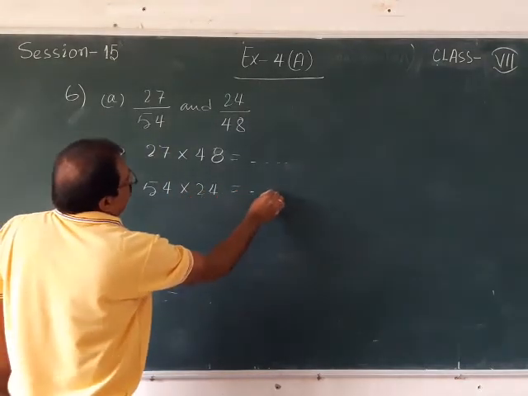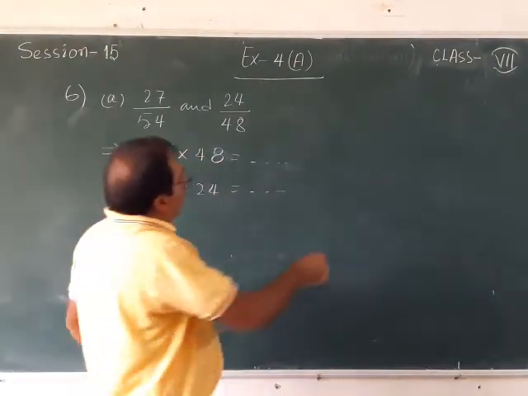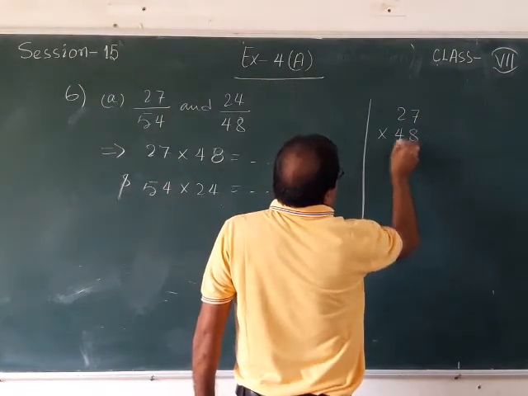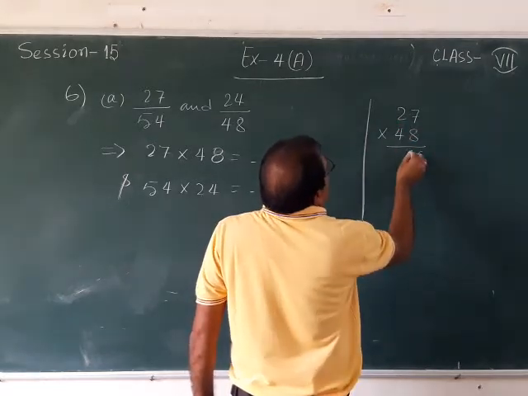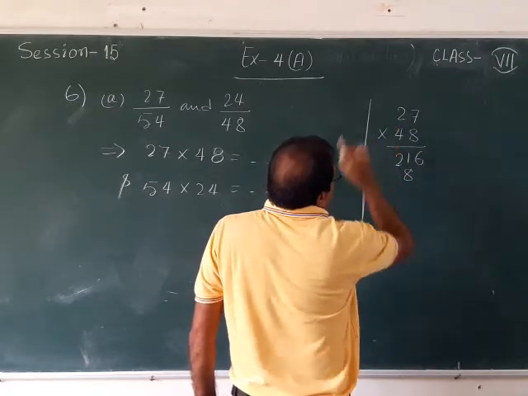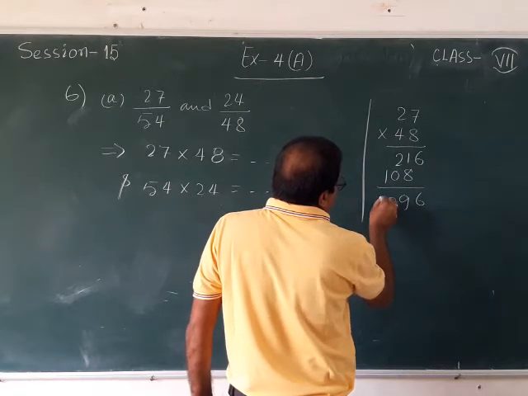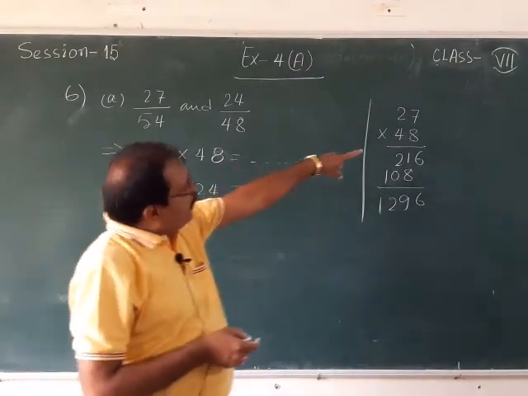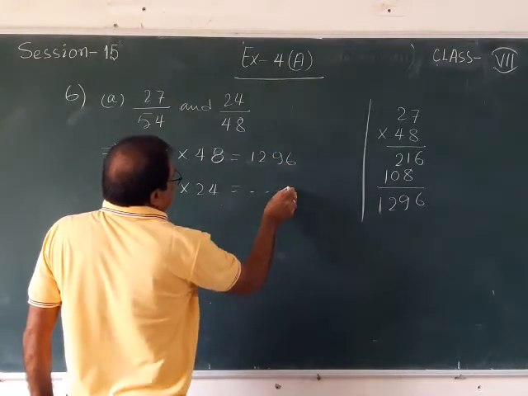Is coming what, that you may write here. So if you multiply both the numbers, just go in the rough and multiply for a check. 27 into 48: 8 7s are 56, 6 carry 5, 8 2s are 16 and 5 is 21, 7; 4 2s are 8, 8 carry 2, 4 2s are 8 and 2 is 10. Like that, in the rough side you have to multiply. As I have multiplied 27 and 48 in the rough side, it is coming 1296. So I can write here it is coming 1296.